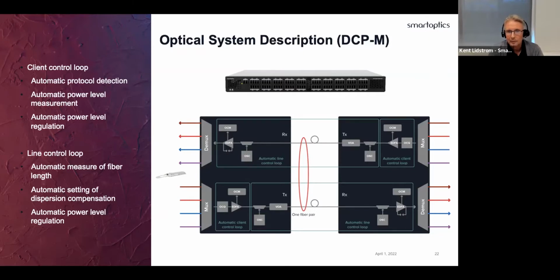In that booster amplifier, we have a monitor port. We connect that to a channel monitor, a spectrum analyzer looking at the spectrum. We can look at the optical spectrum and then determine what kind of modulation format is transmitted from the transceiver. We cannot see everything, but we can see if it's NRZ modulated, PAM4 modulated, or coherent modulated. And then we can use that information to balance the outgoing signals from the amplifier to the appropriate level. Typically, you do this by balancing all the wavelengths to the same level.